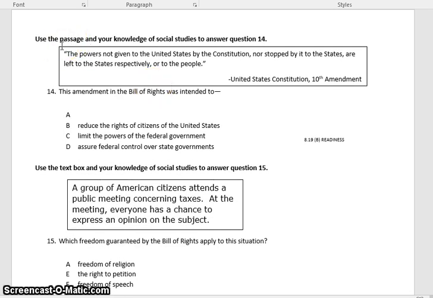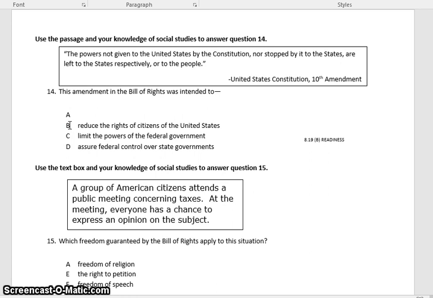14. The powers not given to the United States by the Constitution, nor stopped by it to the states, are left to the states respectively, or to the people. The 10th Amendment. This amendment in the Bill of Rights was intended to